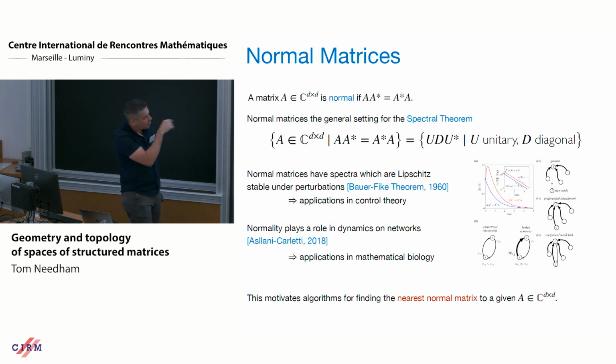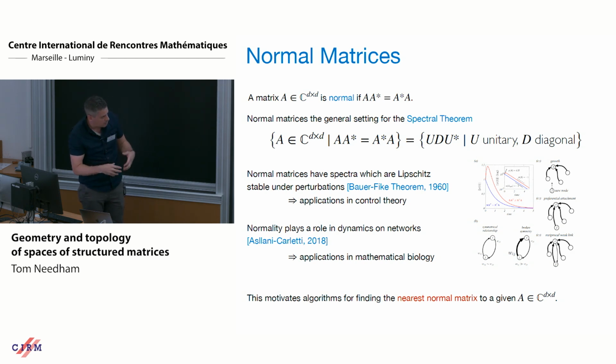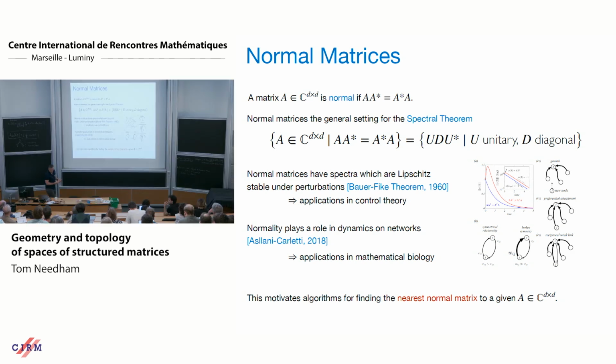So this all motivates this general problem. I'm handed an arbitrary square matrix, and I want to say, what's the closest normal matrix to the one I started with? This is the nearest normal matrix problem, studied